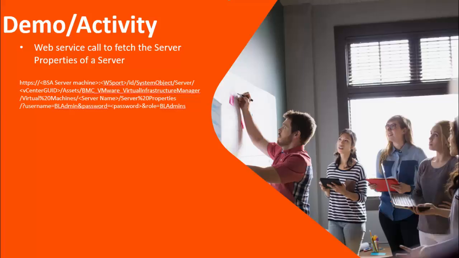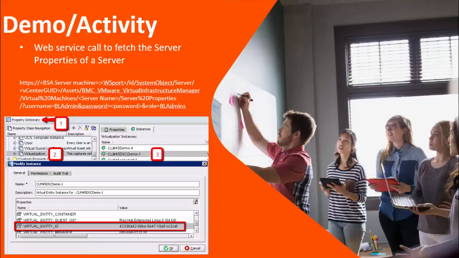For example, you have recently onboarded an existing virtual machine into BMC Cloud Lifecycle Management, and when you run a post deploy action, it fails for one of the validations where it looks at the entity ID. In case the entity ID is not set for a virtual machine or it is different than the actual one, then you may see an error message when you run the post deploy actions. You can use this web service URL to fetch the actual entity ID and entity manager. You can use the BSA app server console to update the entity ID and entity manager of that particular virtual